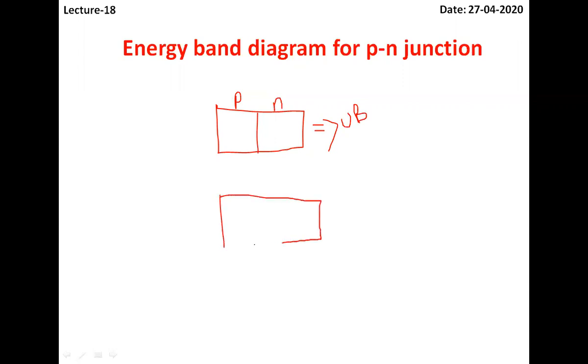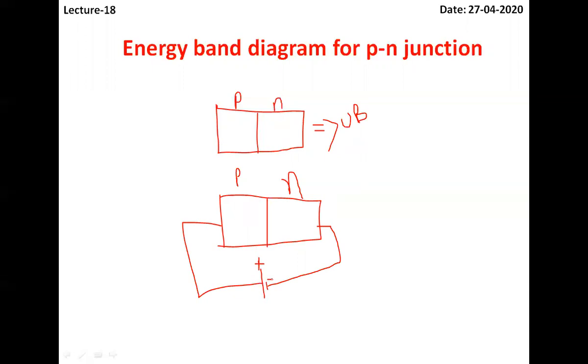On the other hand, if you take this p-n junction diode and connect it to a battery. We have seen how the p-n junction is formed in our previous class. Now we are utilizing this p-n junction and connecting it to a battery. We know the battery symbol, right? This is a battery connected to the p-n junction. This is the positive terminal of the battery, and this is the negative terminal of the battery.